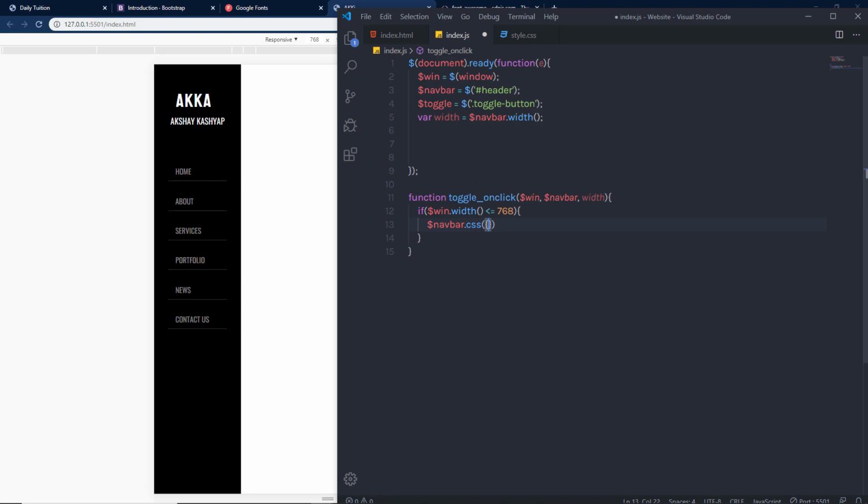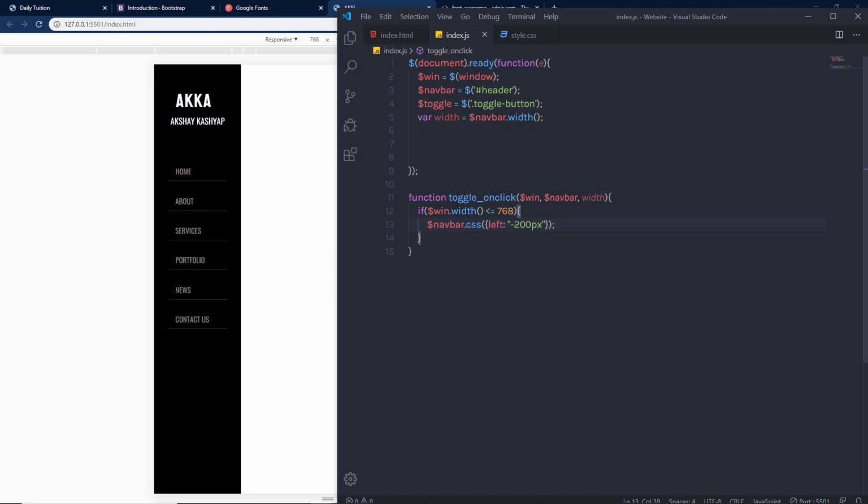Using the left property of the css, I'm going to slide this navigation menu to the left side, and to the left property I'm going to specify a value. I'm going to simply specify the width of this navbar to this left property. So when the left property is specified on this navigation menu, it will automatically slide to the left side. For example, if I specify minus 200 pixels here,